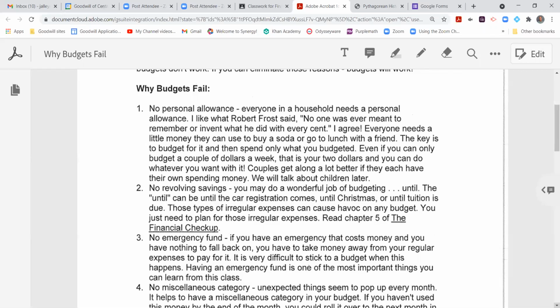So everybody, whatever you're budgeting, anybody in the household needs to have some money that they don't feel like they're restricted on. That's what a personal allowance is. It doesn't have to be a huge amount of money. But if you can't spend any money without asking somebody else about it, especially if you're in a family context, husband, wife,